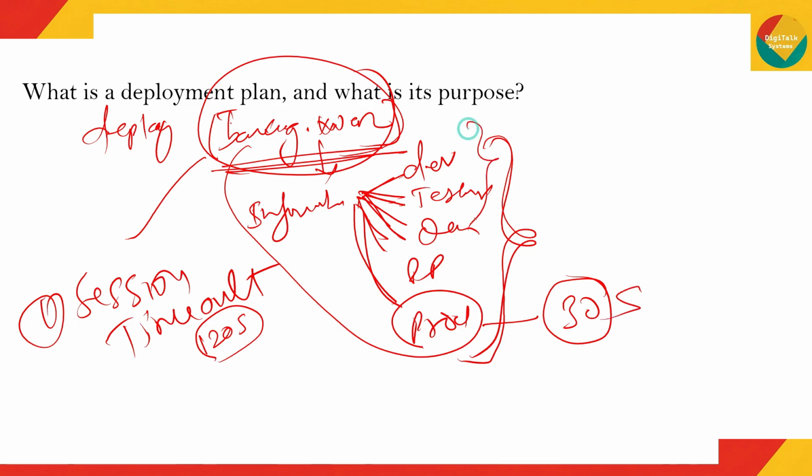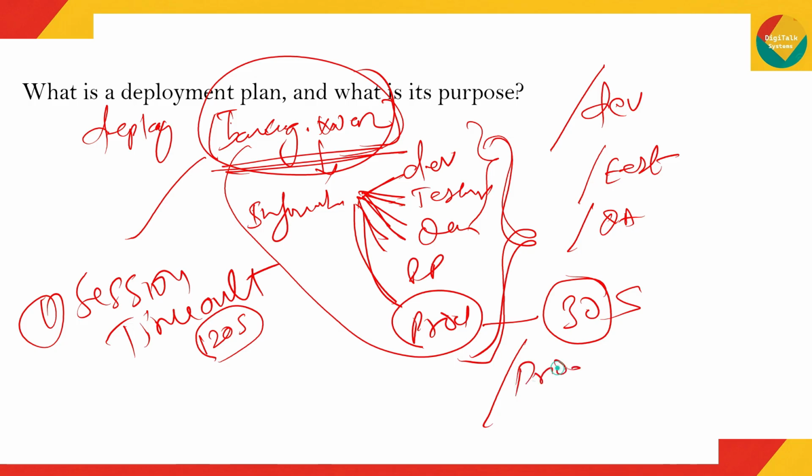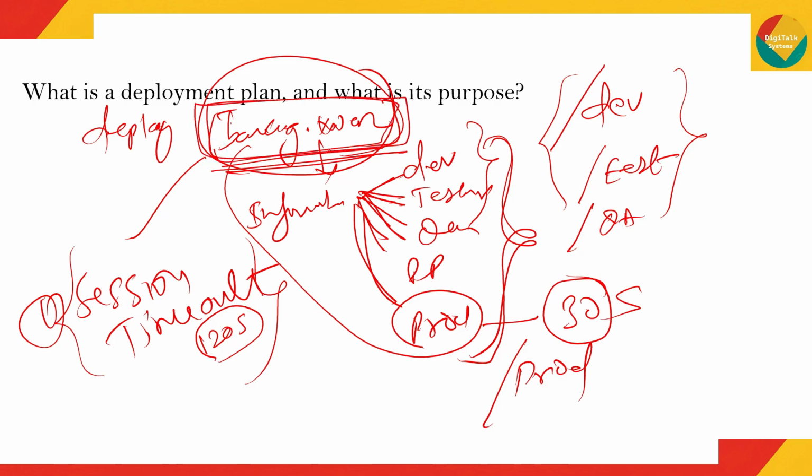In development, testing, quality environments, you may want to access the application with a different context. Like in the development environment, you want to access the application with the context slash dev. In testing, you want to access the application as test. Quality, you want to access as QA. But in production, you want to access it as prod, right? So that means different context root, different session timeout settings. So what I mean to say here is, in the code file, you may have certain descriptors, certain values, which are